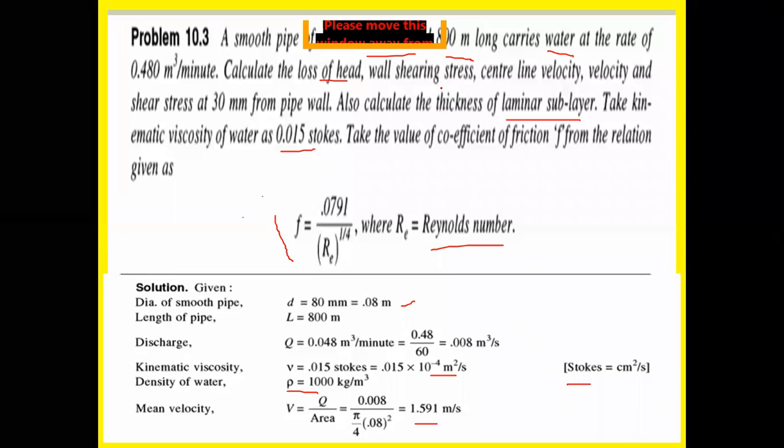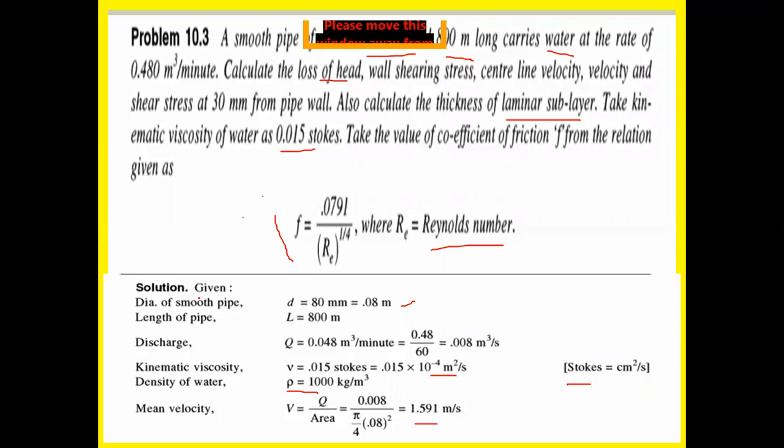So if this one question comes, first write the given data correctly; if you write it correctly, you will get 2 marks. Then what are the formulas, and what is the next aim, what to find. What is the thing to calculate? Head loss, put a question mark; wall shearing stress, put a question mark; center line velocity, put a question mark. So after the given data, write what to find, put question marks, and definitely you will get 1